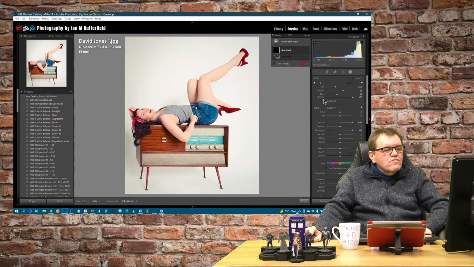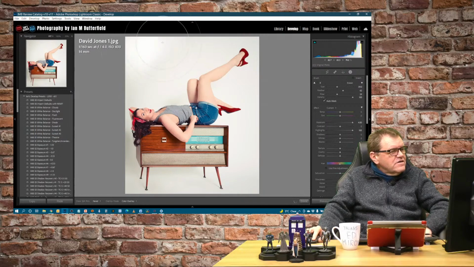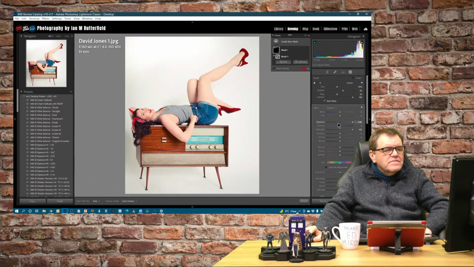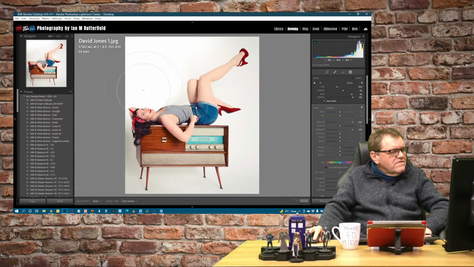We used to have, oh no, there it is, auto mask on there. And now with that, I can effectively paint a white background on here.